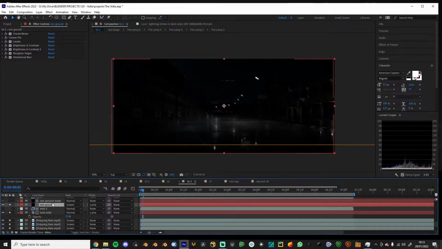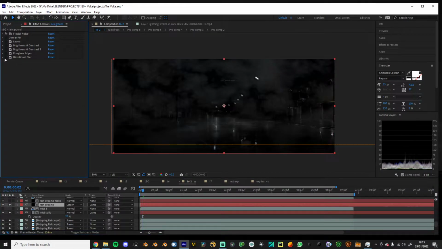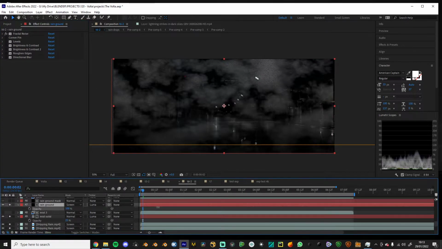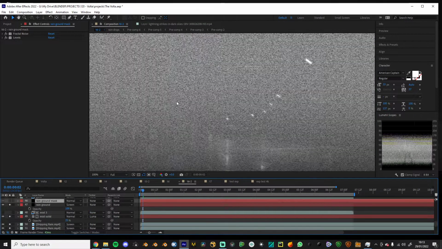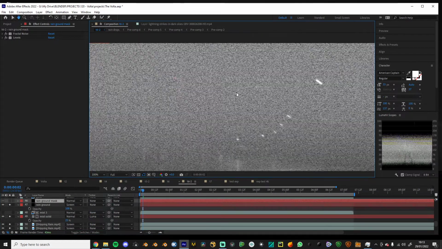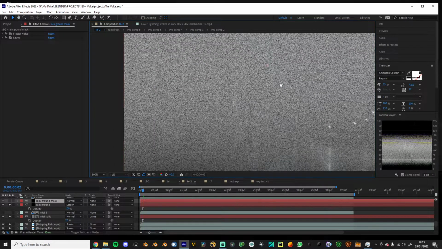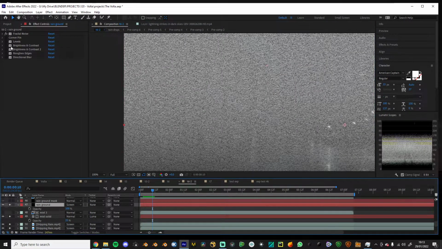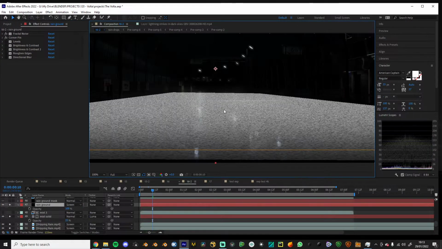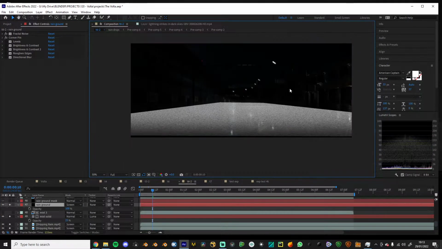So if we look at this rain ground, just like that. Let's see. So we just crank it up a little bit and remove the Luma. This is what we have essentially. It's this noise, very small fractal noise, and I then corner pin it so it's gonna match kind of the